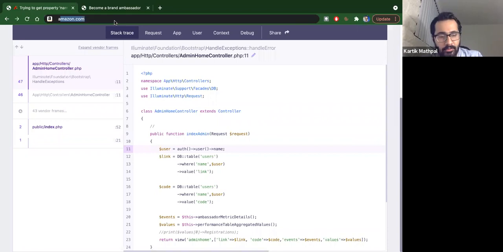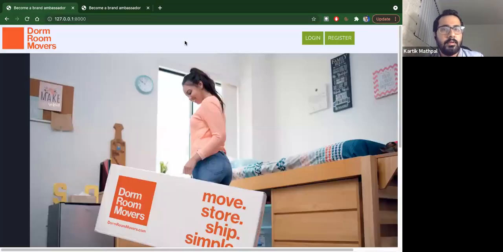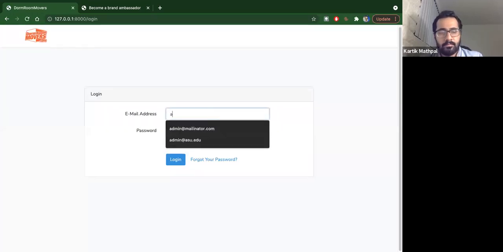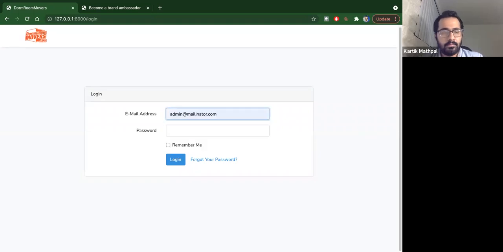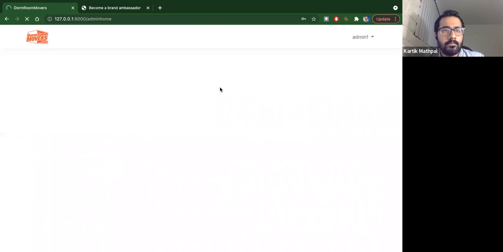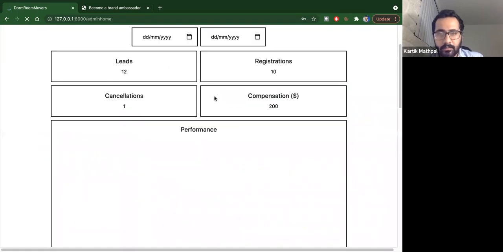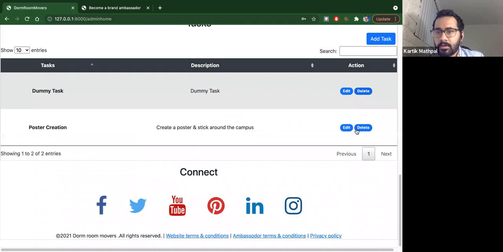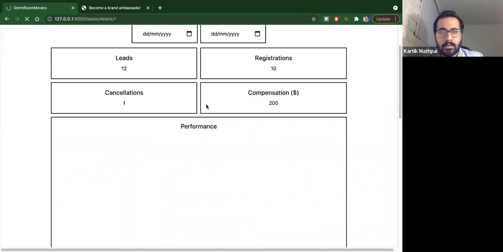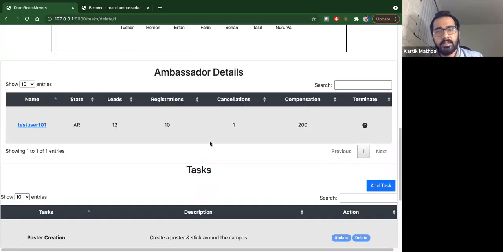I think because we logged out, if I log in again, I am again in the admin's view. So if I want to delete a particular task, I can simply delete it. And now this particular task will not be visible on the ambassador's view also.